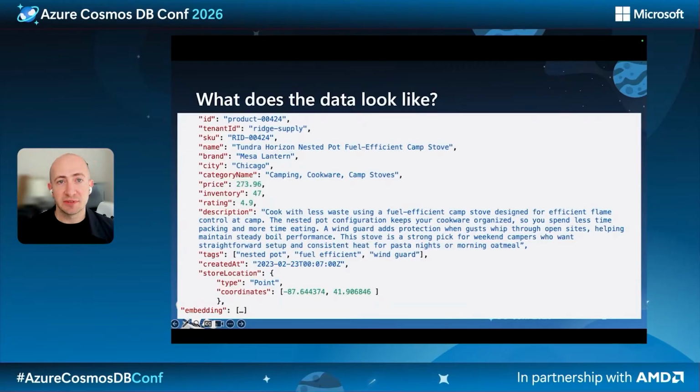Now, what does our data look like? Well, imagine that we have a catalog of different products for our e-retail shop, and we have different products as data items. So you may have an ID, a tenant or a store ID. So this is the Ridge Supply Store, a SKU, a name for the product. So in this case, it's a camp stove, and a bunch of other metadata that you'd expect to see in